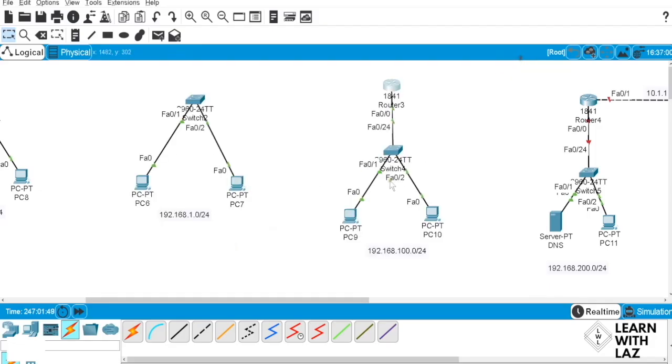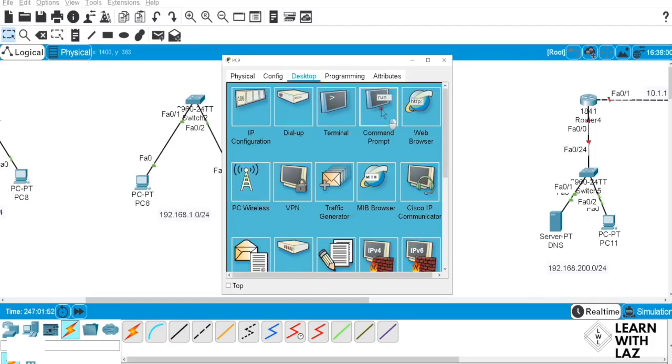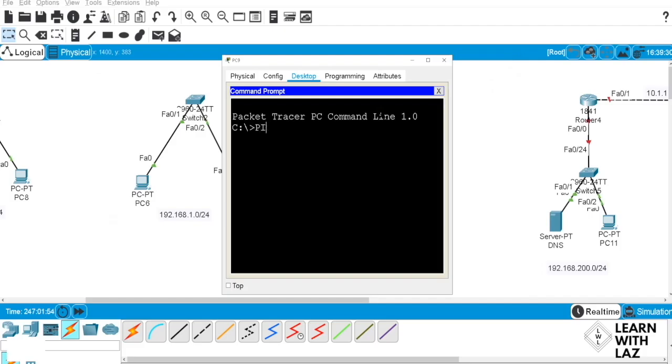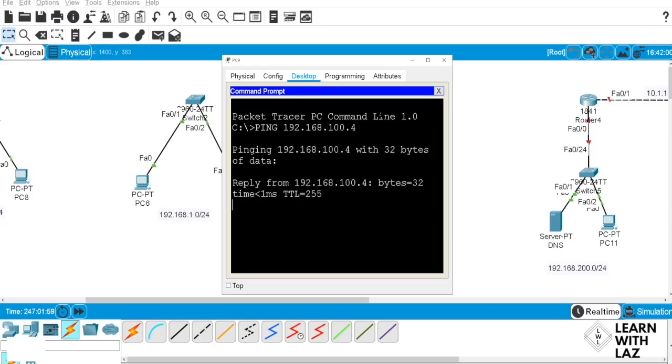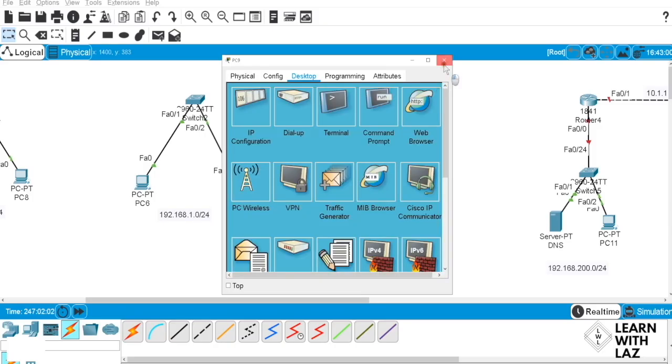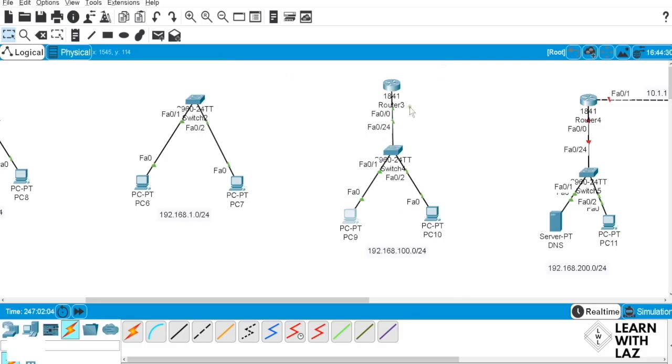So now let's see if we can ping our gateway, which is 4, ping 192.168.100.4. And we can. Before we had 254, so that would have been an issue. So if you are going to assign your router's interface an IP address through DHCP, you're going to have to make a reservation. It's just like people do for printers. They say, hey, this printer is always this printer, so we're going to give this printer an actual IP address.